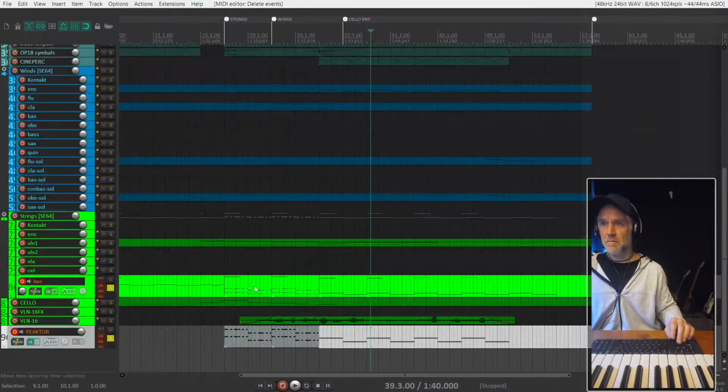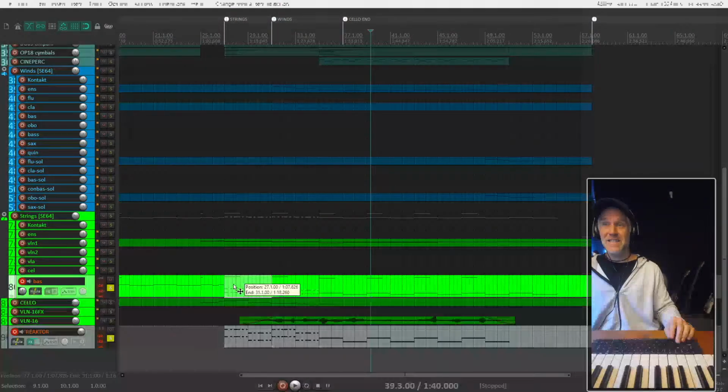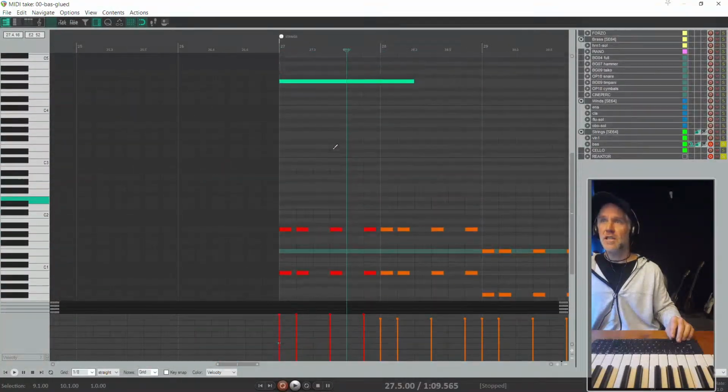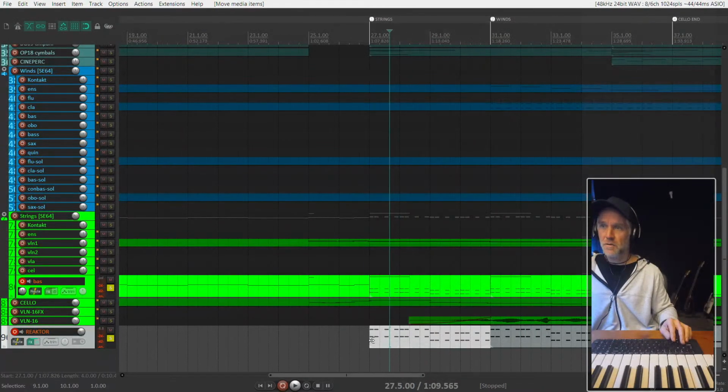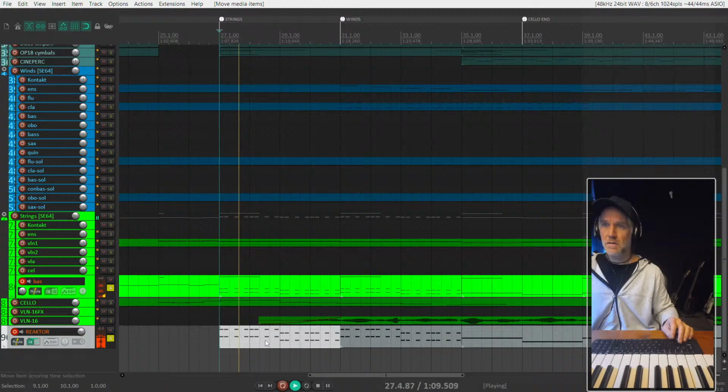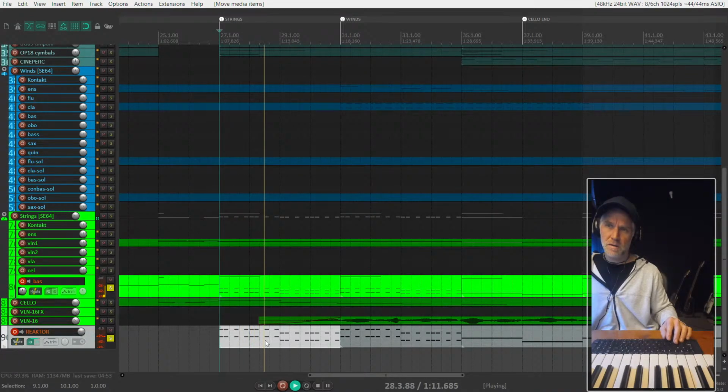I mean, I could also just import the MIDI, but then it's going to play these really high notes, which are actually just designed to change their key switch notes. So therefore, when you want to change from one bow articulation to the next on the double basses. Very complicated stuff, not worth getting into now. But what I want to do is